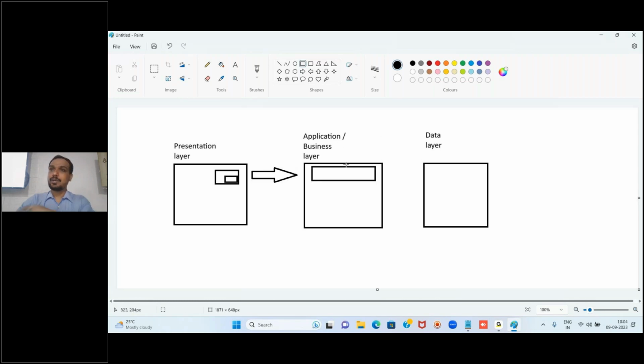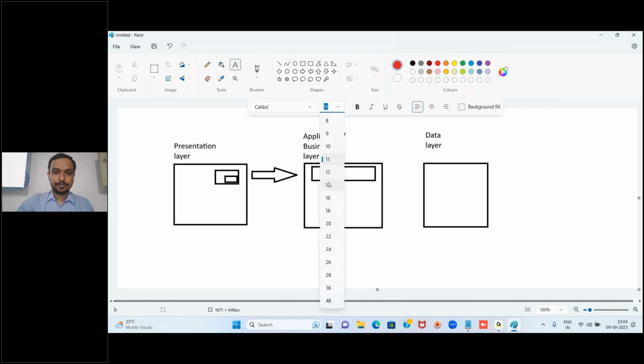Let's say this small box is a program for registration. So this is a program called the registration program.